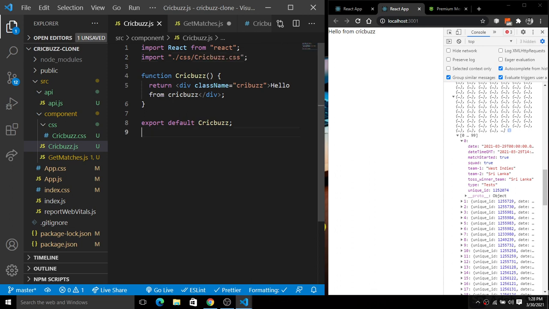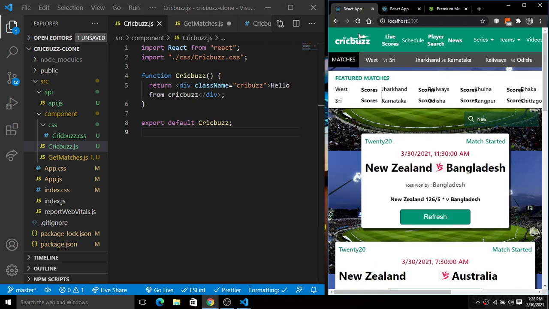Okay, so inside of this quick buzz, you can see here we have a header section with all these things, and we have a current match that is going on in the matches section here. So inside of this quick buzz, I'm going to create a component, create a UI, header, and match strip also there, right?